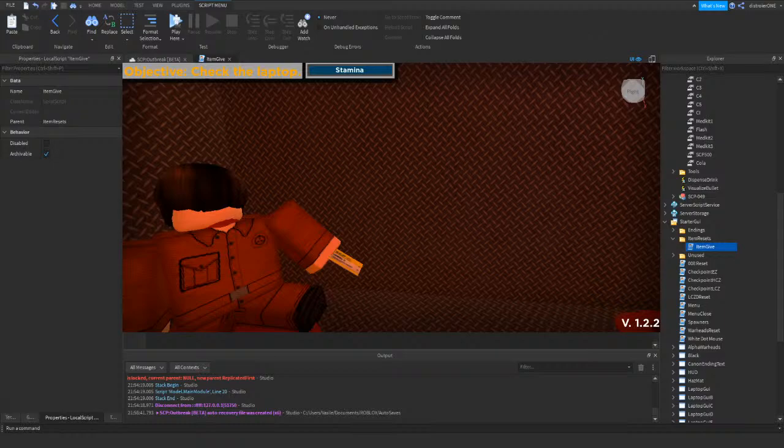Right, so when player dies, check if values. So if game dot replicated storage dot values dot, now we'll have for every single value equals, if it is true, then, and we'll do this for every single one, else something. Now if it is true, it means we have the item, and I'll use